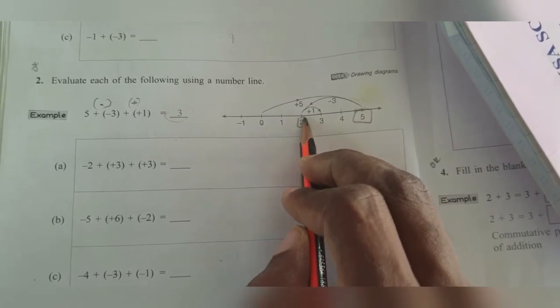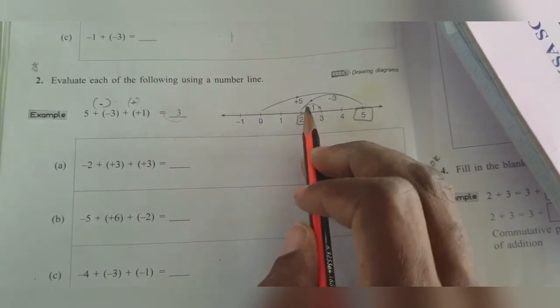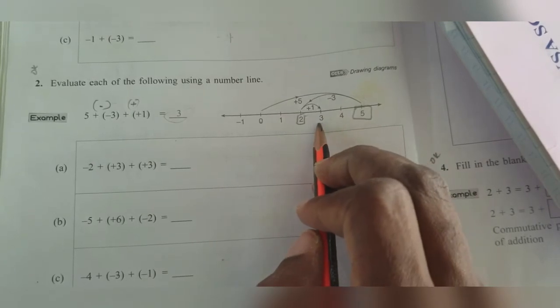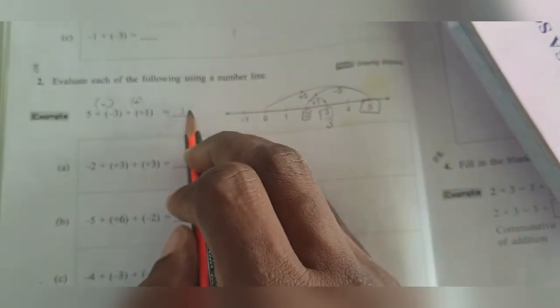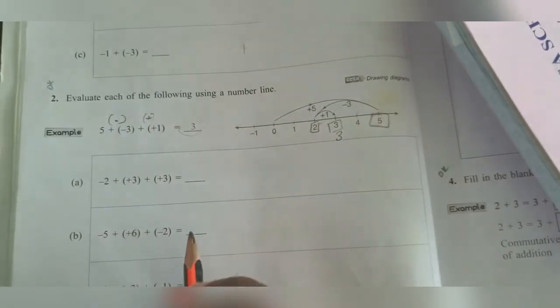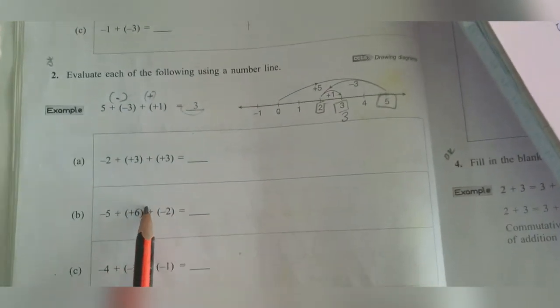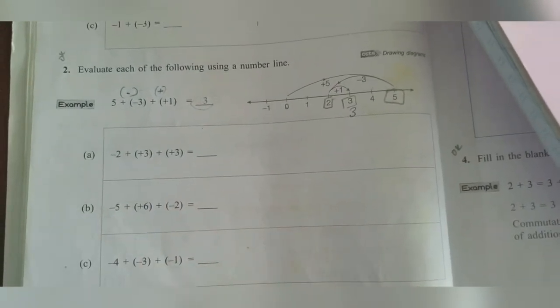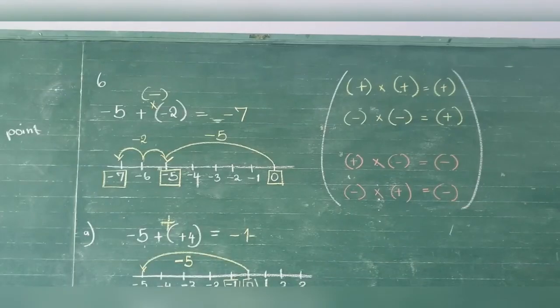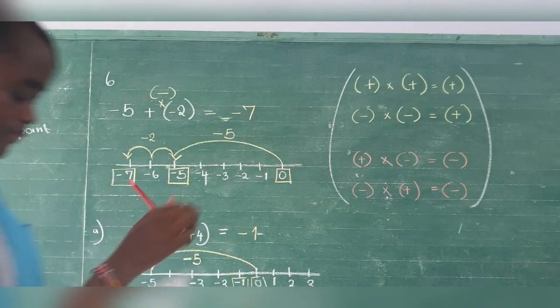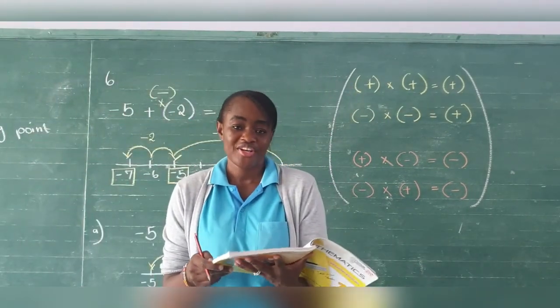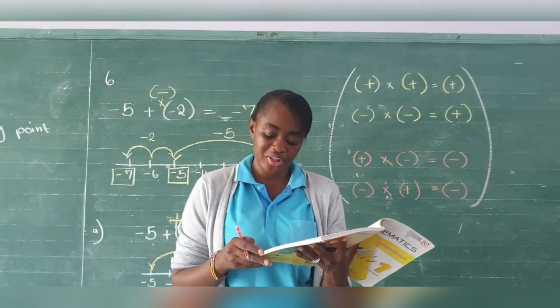Our answer is 2. Plus 1. Go forward one more step. So our answer is 3. So you write your answer. Can you try A, B, and C? Good. So next week we are going to continue with page